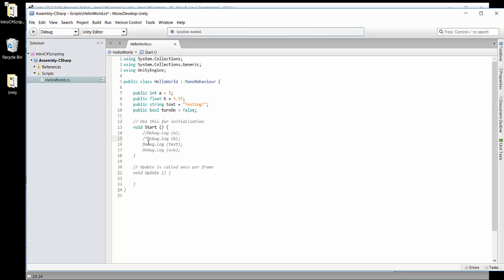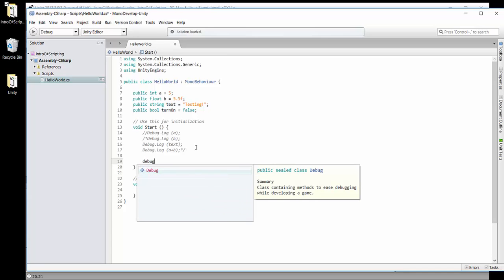So to do that, then we would repeat the symbols, but in the opposite fashion. So I'm using forward slash asterisk, and I'm going to end that with an asterisk and forward slash again. So now you can see that only that portion of the code is commented out, but that allows us to work with multiple lines. So I'm going to create some space underneath and say that this time we're going to